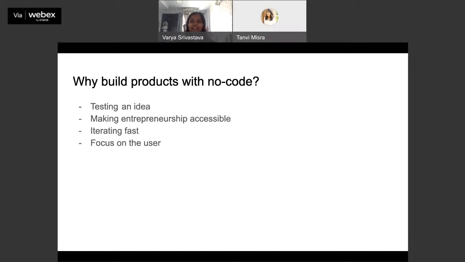Which is why I again say, in a boot camp where we're teaching you so many technical skills, you must absolutely learn all of them. But you should not limit yourself to the skills you know. You'll be surprised to know how technology evolves so rapidly, right? Every day there's a new form, a new approach coming up, and it's humanly impossible to keep up with it. And while you should constantly keep exploring that, you should not limit the pace of your growth to your ability to learn, especially when you have things like no code that can make it so easy and accessible for you to build out products.